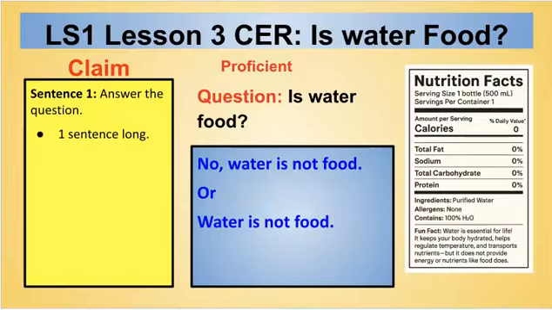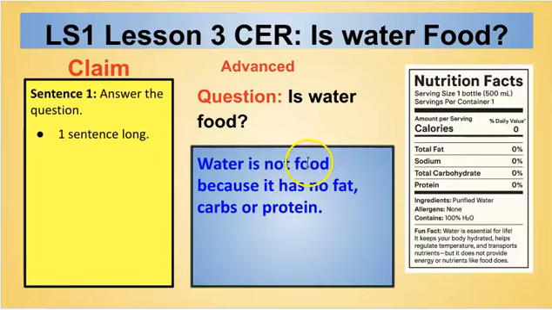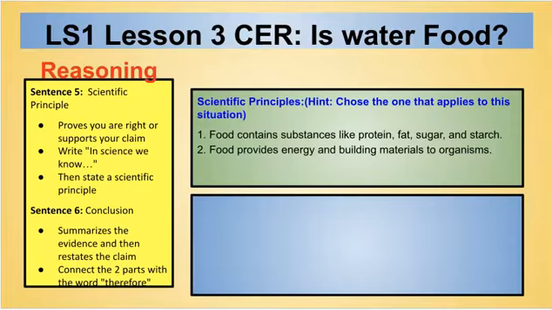So how could you get an advanced answer out of it? You might say water is not food because it has no fat, carbs, or proteins. You're showing that next level of understanding. You're showing already that you understand this food label. I suggest that sometimes you backtrack before you start and look at the scientific principles, because a lot of times the scientific principles will give you the answer. It says food contains substances like protein, fat, sugar, and starch. All right? So, next,